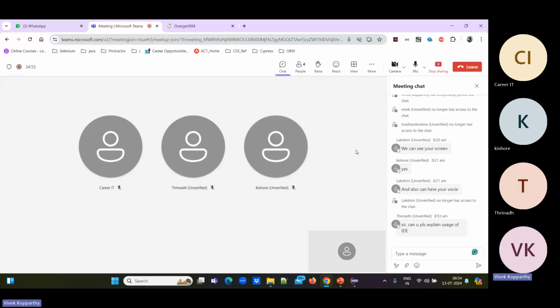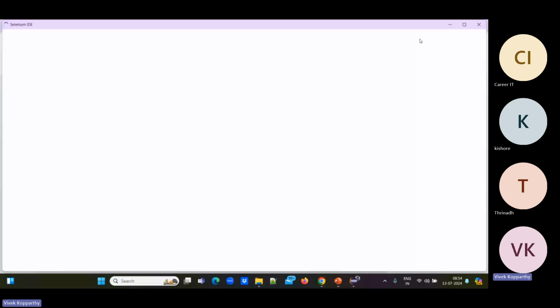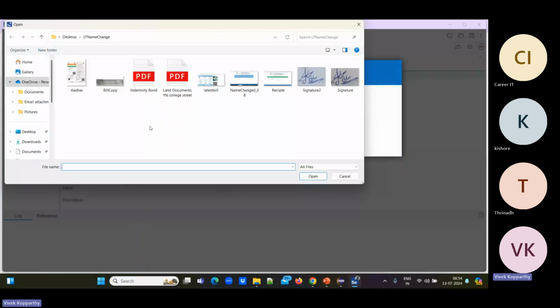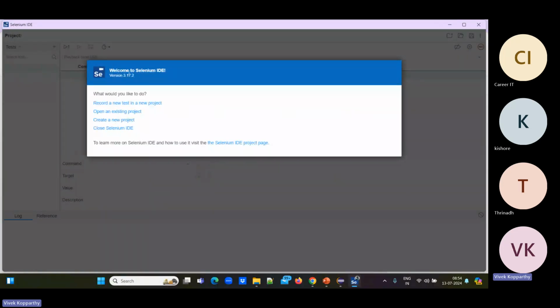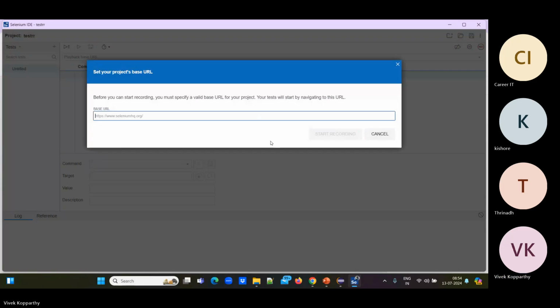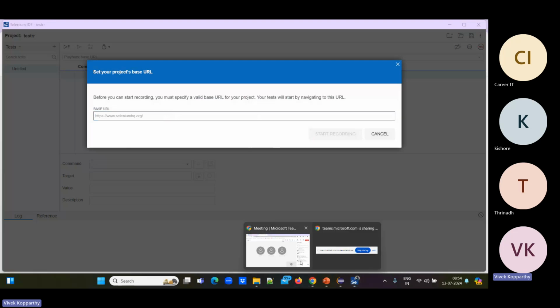Definitely, I'll show you Selenium IDE. I think you can see, yes, this is the add-on. If you click here, it's going to open, right? Yes, it's asking for the URL. Let me give that URL.